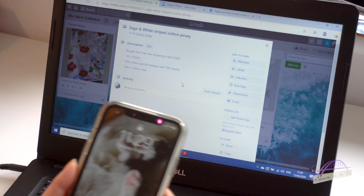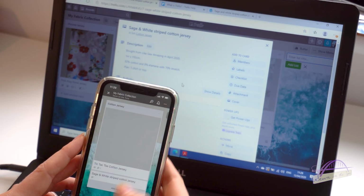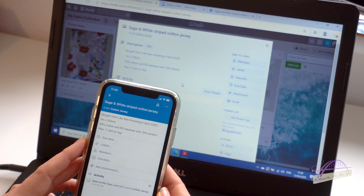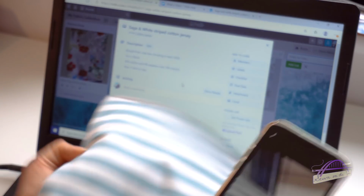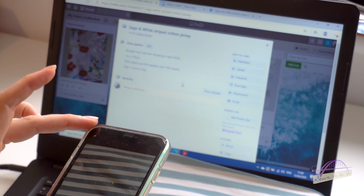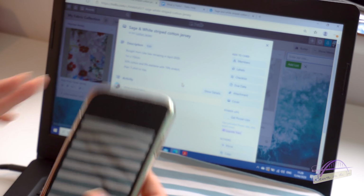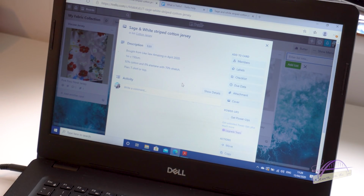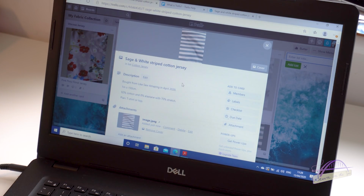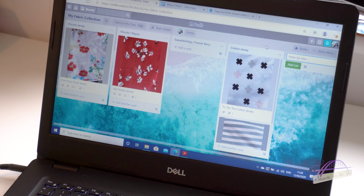And to attach a photo, I go back to my phone, click on my card, add attachment, take a photo of this fabric. Happy with that, use the photo, and then again it should pop up on my screen. And there it is. So that's another card done. Click on the X. Right, so now when we look at our board, my fabric collection board, I can see